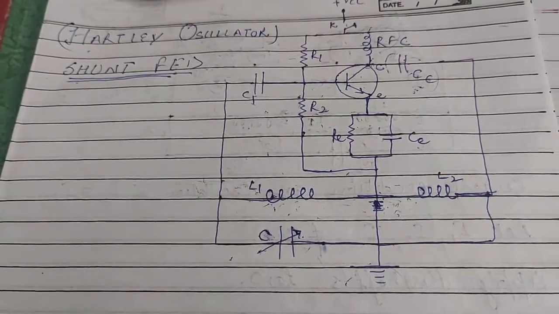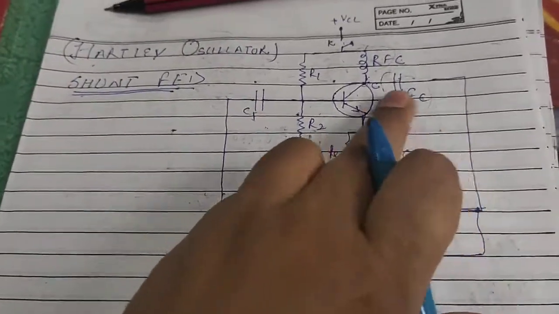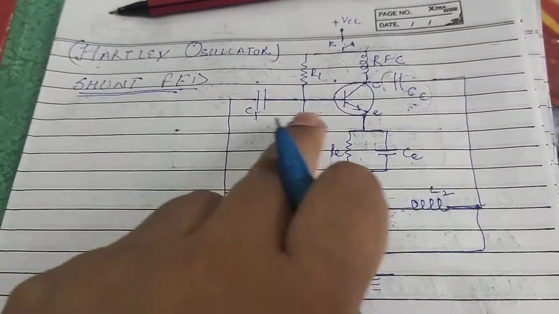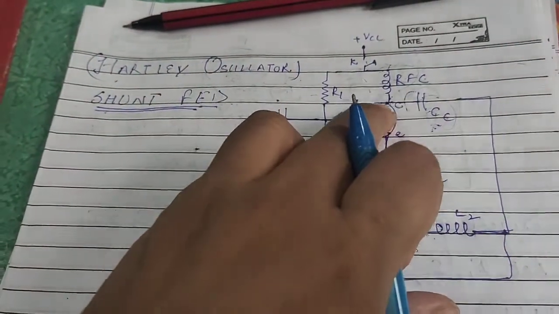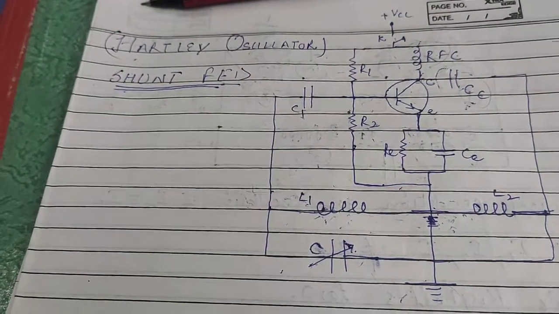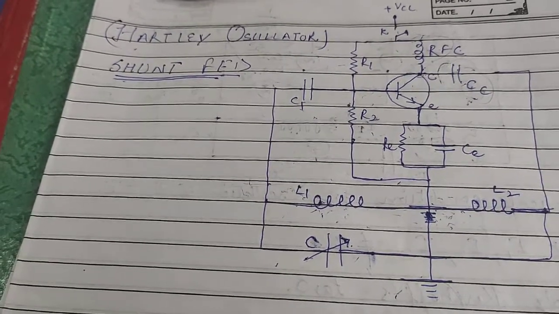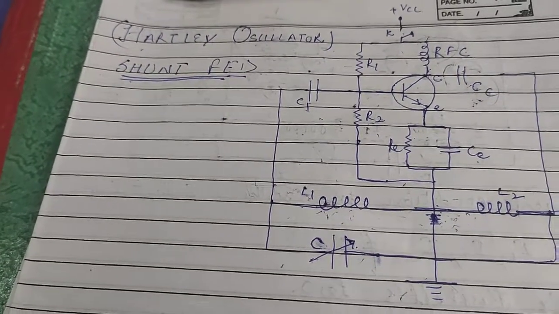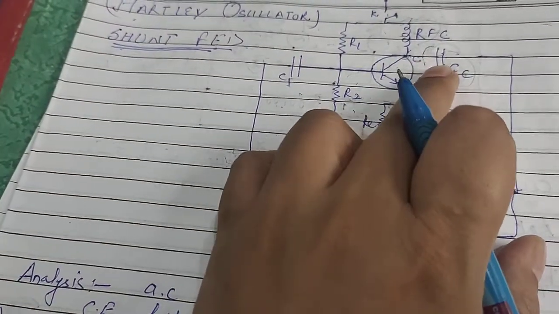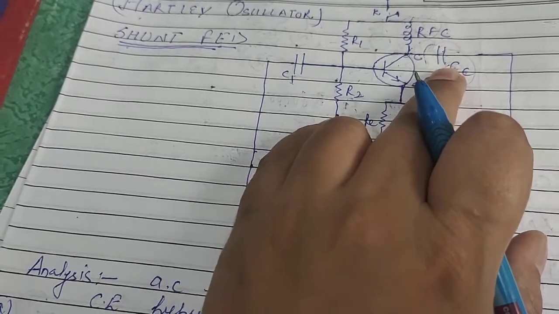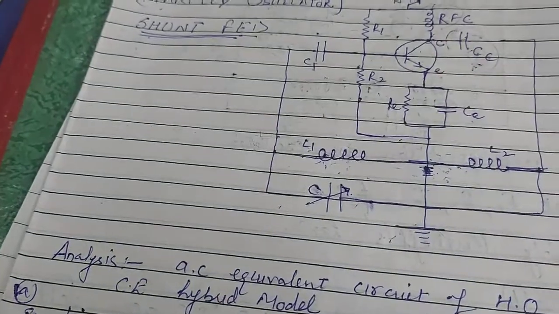This is the circuit diagram of the shunt fed oscillator. Here we have used a common emitter transistor. This emitter is common between the input and output part. In this type, the collector circuit is divided into two parallel paths. One path is connected to VCC through an RFC, that is a radio frequency choke, and provides the direct current, keeping the alternating current out, because here we have placed a capacitor, and as we know, a capacitor blocks DC, so it provides a path to the alternating current.